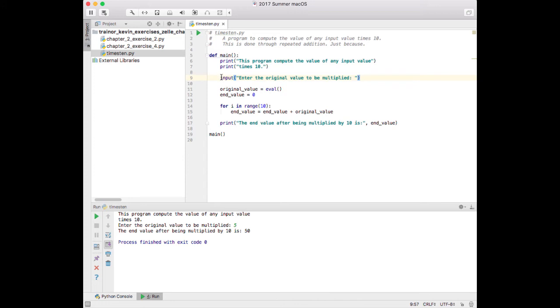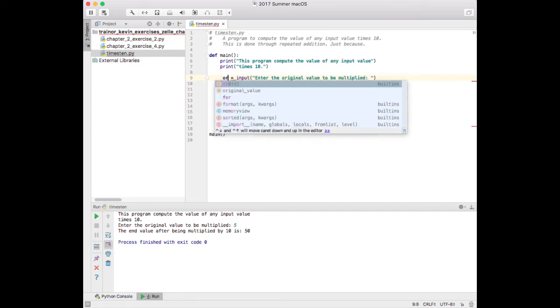So what do I want to call this? Well, here's what I usually call it. I want to assign something to that, and I need a variable name. Well, what am I getting in? Well, I'm getting in the original value. That's what I want. But it hasn't been converted from a string yet. That's what eval does. So let's call this original